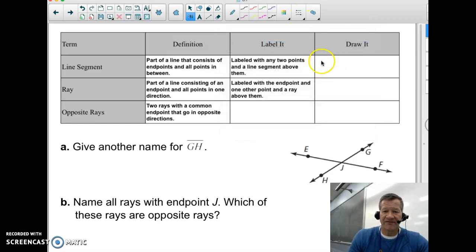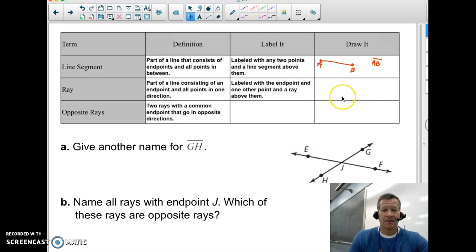So if I have, oh boy, let's start that over. I'm going to have to start using the line drawing tool because I'm really not good at this. So let's draw a line segment. Now, a line segment does not have arrows on the end, okay? And it'll have points in the middle. So I could call this point A and point B, and then I could call this line segment AB. Notice I draw just a little segment, no arrows on the end, with any 2 points that are on that